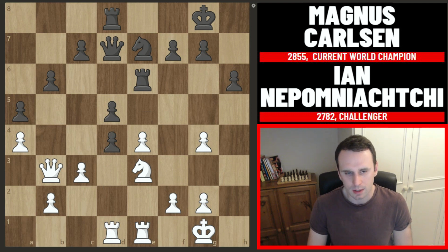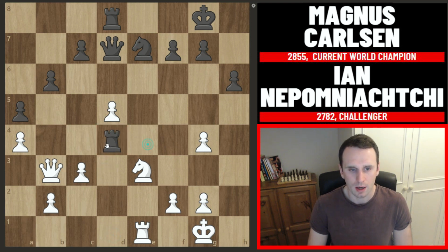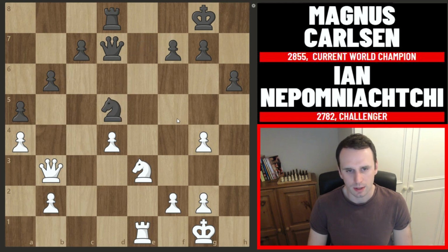So instead of taking there, he took here, and now Magnus found a really nice response here. He just played rook to e4, bolstering that pawn in the centre. And again, the problem for white is it's just so hard to complicate now and prove any advantage. Probably the best is just taking this pawn here, and after the rooks come off like this, black can play something like knight takes on d5 or even g6 first before recapturing that pawn, and white just has very little